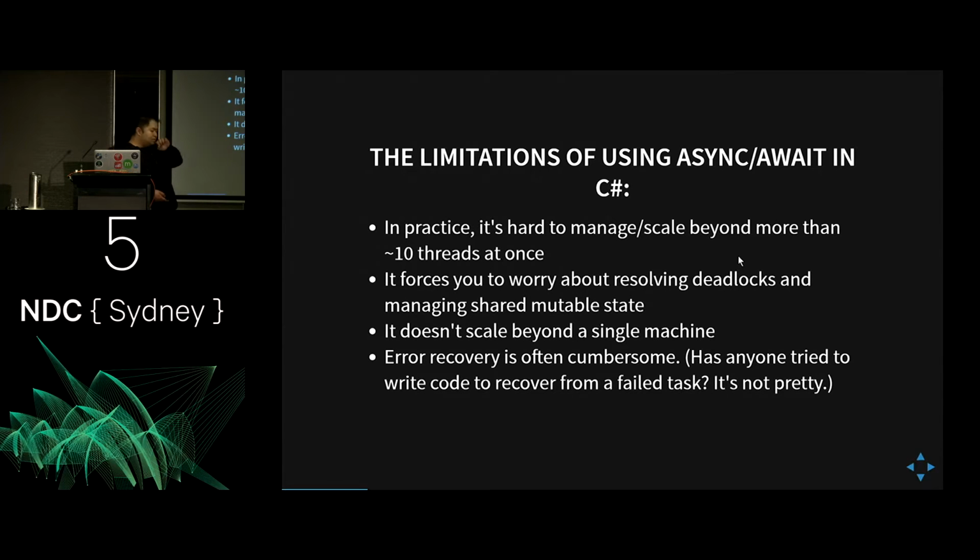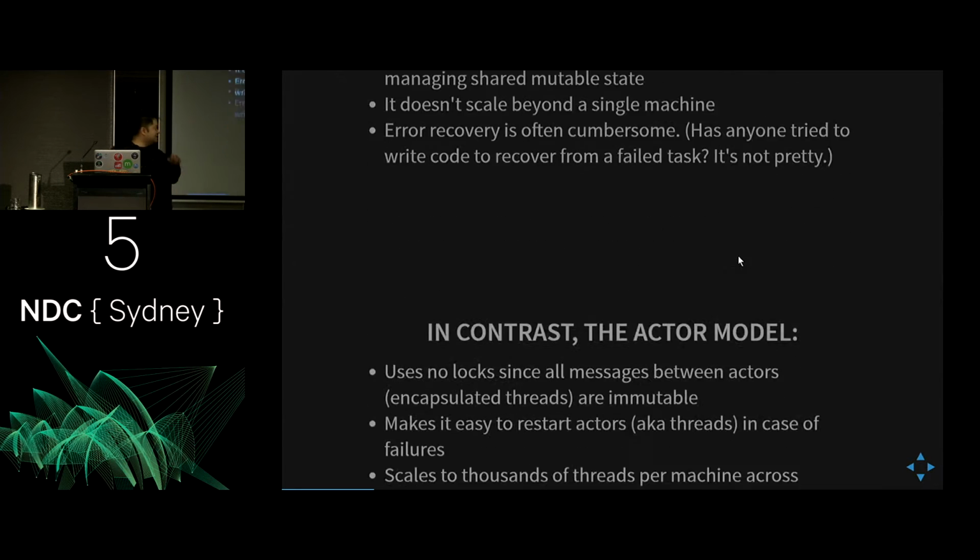So with async, the problem that we had was mostly around shared state. You could spawn up several thousand async threads, but you start worrying about whether or not you have deadlocks, whether there's some resource that you haven't released, and at the same time, it didn't really scale beyond a single machine. It's very hard to debug these sorts of things, simply because if you catch an aggregate exception, now you've got to drill down into every single thread that fails, even though the C# compiler does do a good job of abstracting away a lot of the state machine logic that is in place.